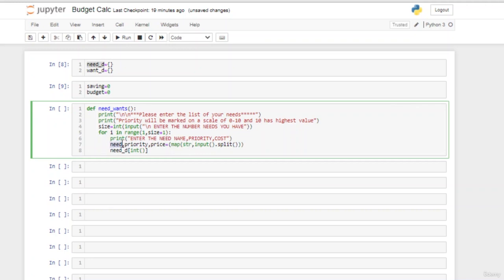So needs should be in str, not an integer. It can't handle integer typecasting for needs. So we need to typecast the string format to integer for priority and price. So we will be doing need of int of priority. As I told you in the algorithm also, priority will be the key value. Key is the priority and the value will be the need name comma price. So let us follow the same. So priority will be the key equals to